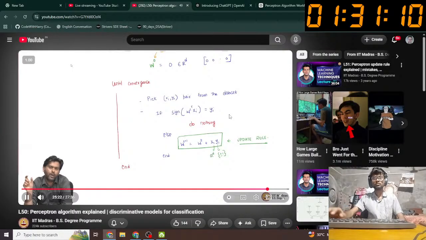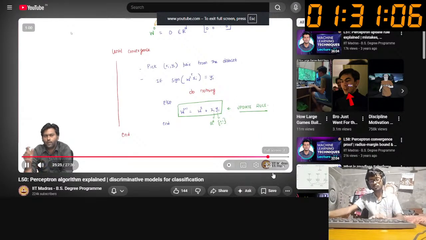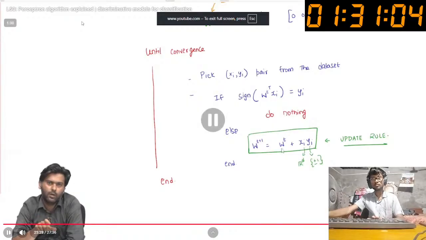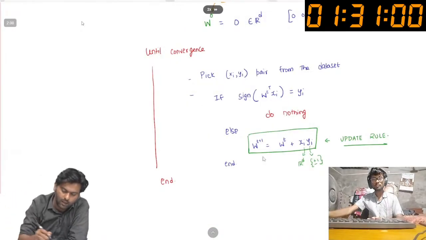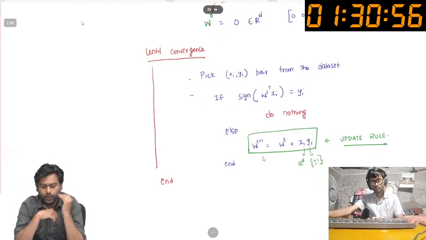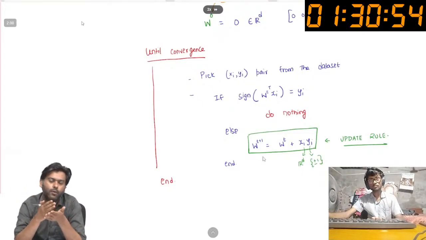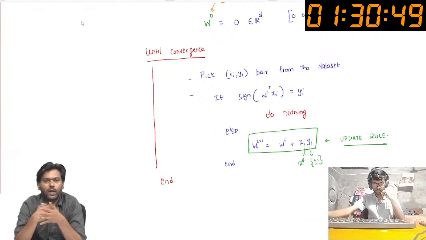Otherwise, you would have found a point where this W makes a mistake, and you will add that point multiplied by its label to the current point, and you keep doing this. Now, what I'm saying is that if you keep doing this, then I'm claiming that you do this until convergence, right? So that's a statement that needs some clarification, right? So what do I mean by convergence here? Well, we'll say that the algorithm has converged if you have found a W which correctly classifies all the data points, right? So